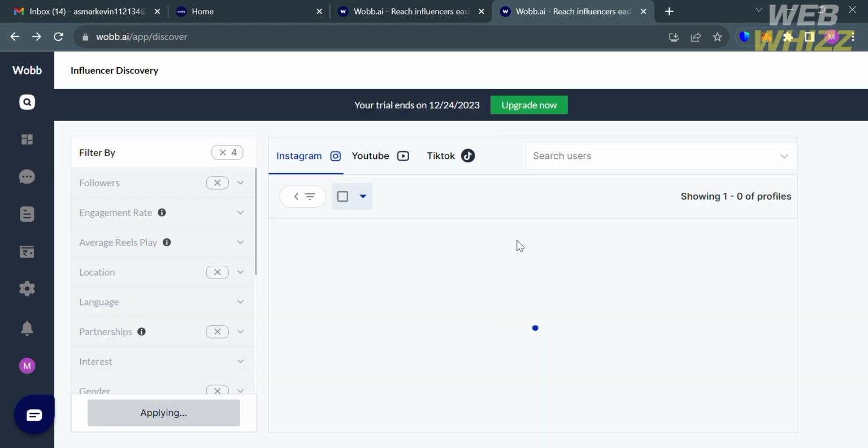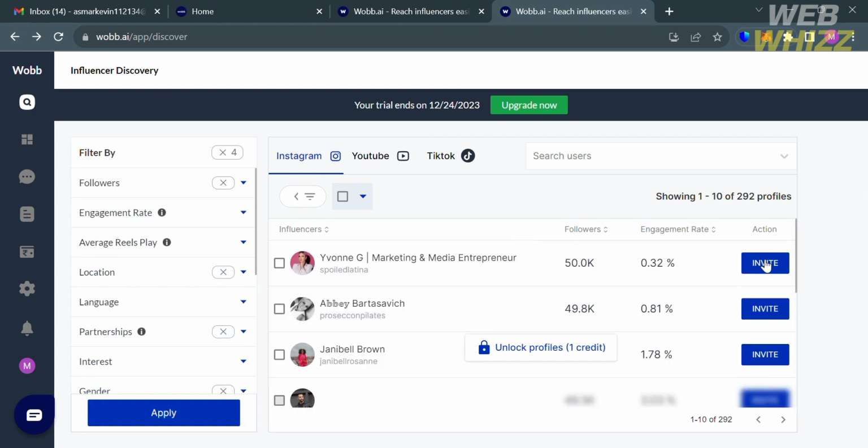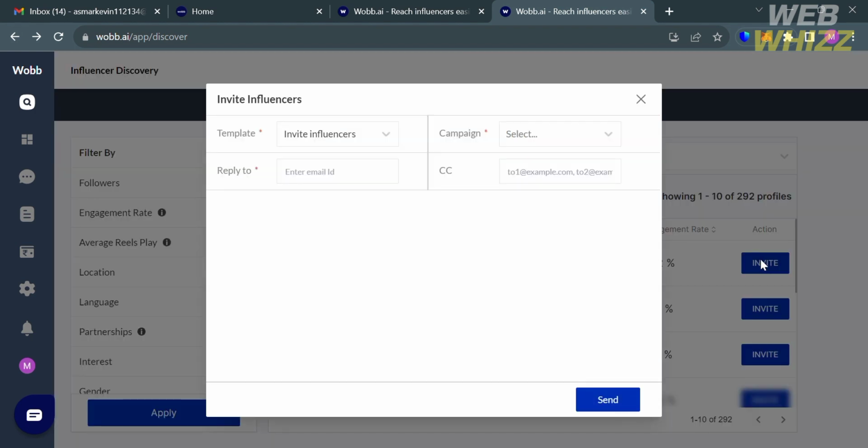Now going back in here, you could also invite a specific influencer by simply clicking this invite button right here. And on this pop-up window, it will show us some of the things that we need to consider before inviting an influencer, including the templates, and also by selecting the campaign, the reply to, or their email ID. And after that, just proceed by clicking the send button below here